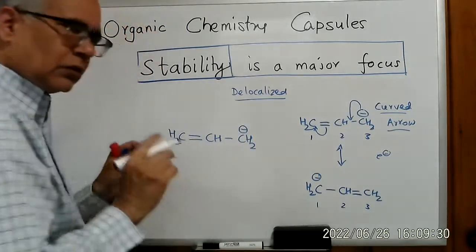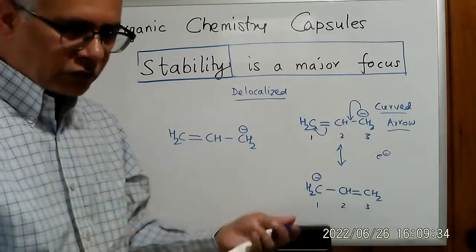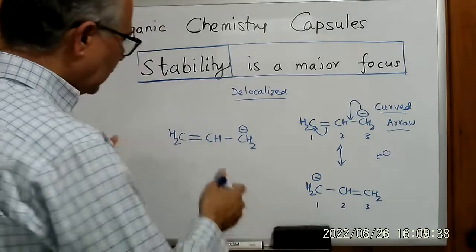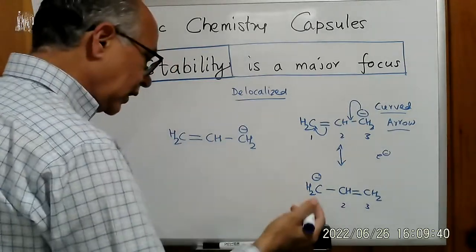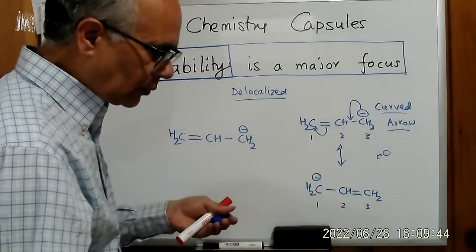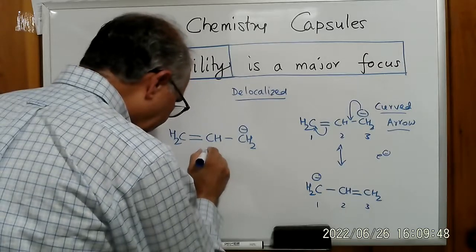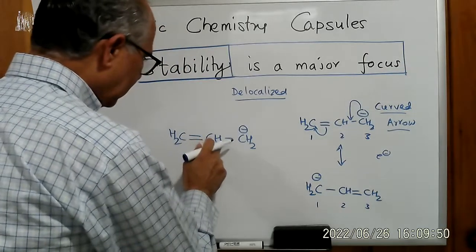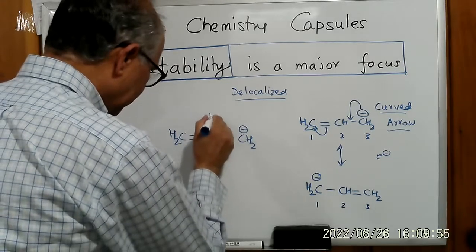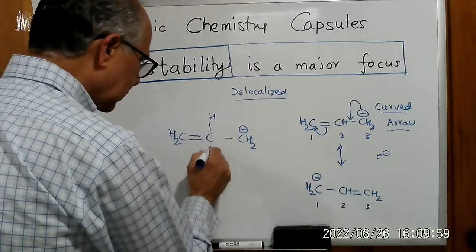So now notice, you know that every carbon atom forms 4 bonds at most, right? It cannot form 5 bonds. It can form 3 with a positive charge, but the most carbon can form is 4 bonds. Now, look at this carbon right now. That carbon has a double bond, that's 2 bonds, a bond with hydrogen, which you can show like that if you want to, and a bond with carbon. So this carbon, carbon 2,